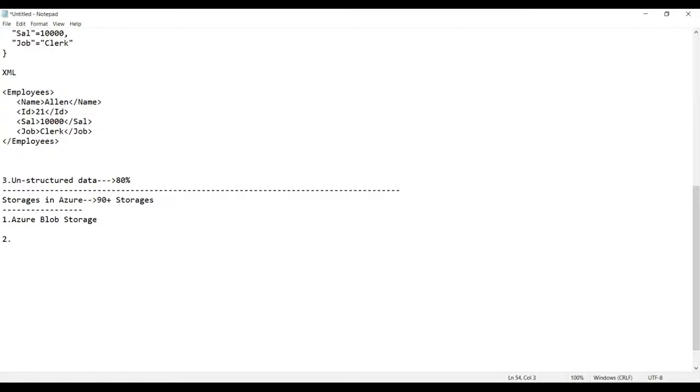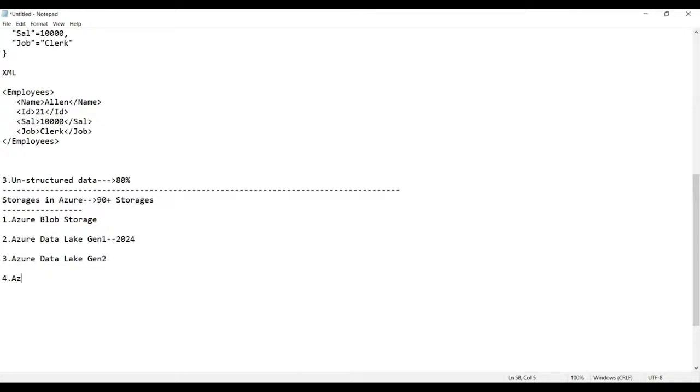Now the second one, you have the Azure Data Lake Gen 1. Sir, how does blob look like? I will show you the practical now, don't worry. Azure Data Lake Gen 1 is going to retire in 2024. Right now they are not allowing us to create it, but we can migrate it very soon. Okay. Then the third one, Azure Data Lake Gen 2.